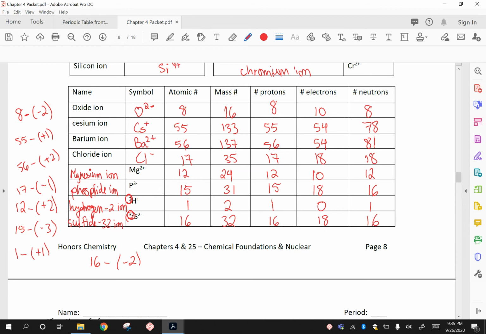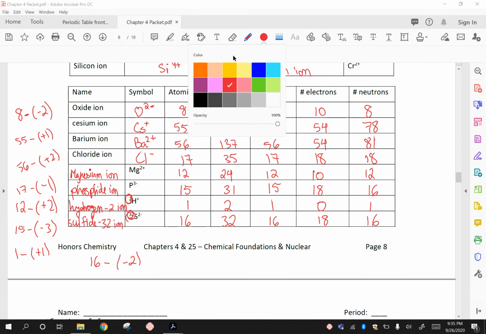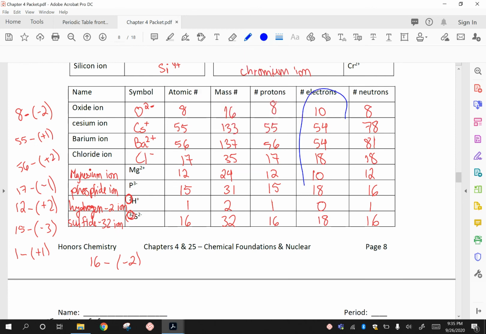So remember that we said that the atoms lose or gain electrons to become stable, like the noble gases, right? So what I want you to do is focus on the number of electrons right here. 10, 54, 18, 10, 18. Ignore that 0, 18. Okay, now I want you to look at the periodic table